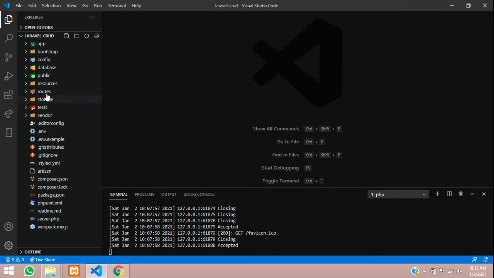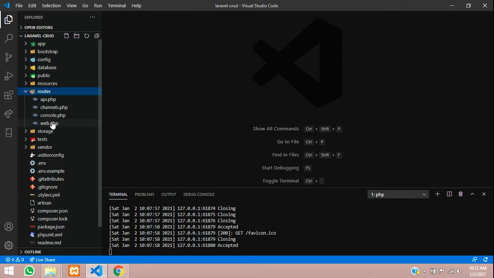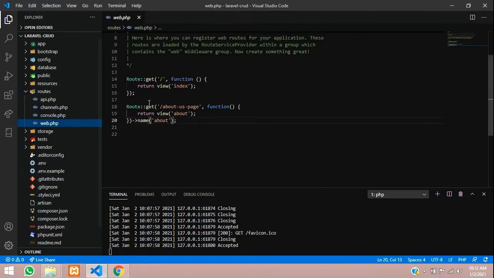I'll just show you with an example. So here in routes, when we get this about us page, if I have some statistics on this page, like how many people have registered, I have to fetch the data from the database and show it in the about page. So I cannot directly send it to this page. What you have to do in that case is create a new route here, route